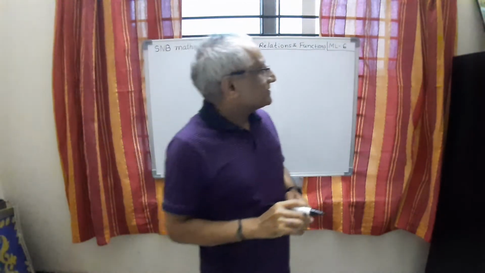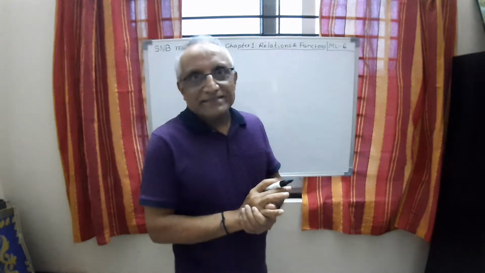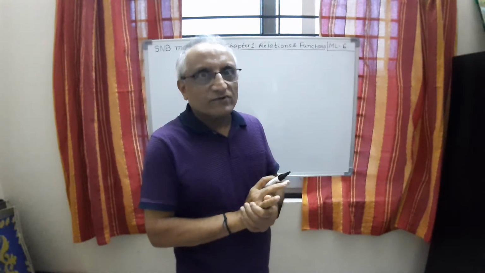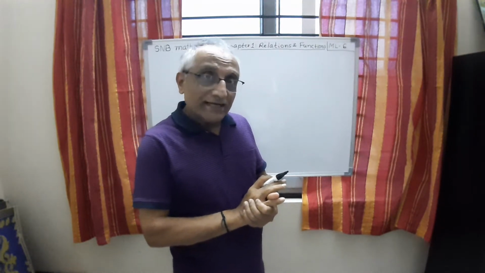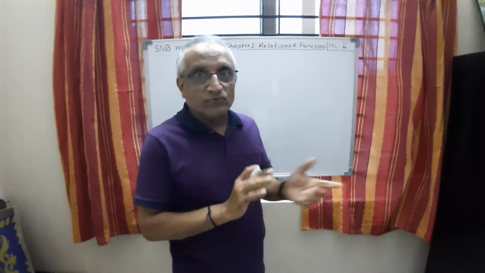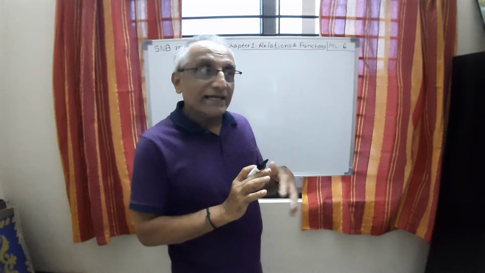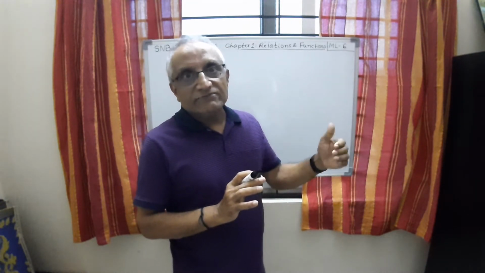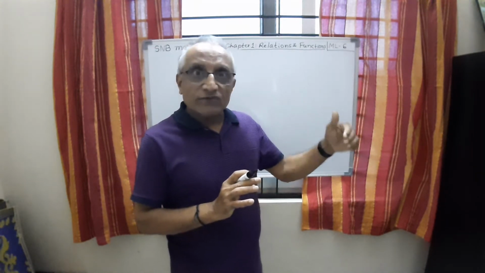Hi students, this is lecture number 6, ML6. In the last lecture we studied composite functions. We know that a composite function is the function obtained by using two functions. But this number is not 2 alone, it can be 3 also, it can be 4 also. That means given 3 functions we can form a composite function. Given 4 functions also we can form a composite function.